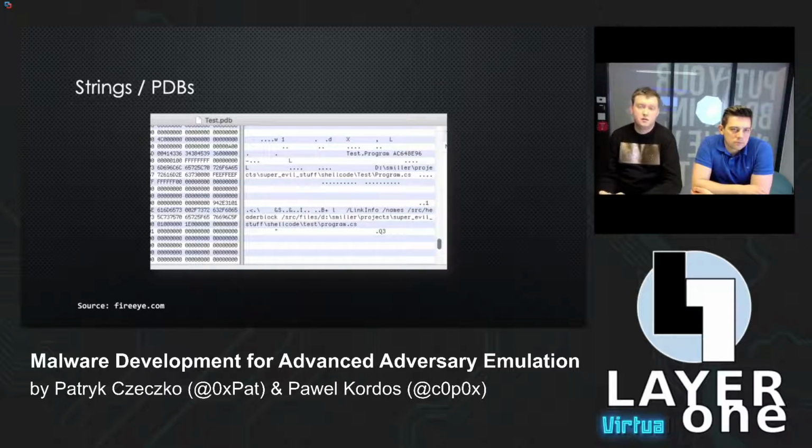Of course, this file is not attached to the executable file which will finally be produced, but in your executable file, you will have a reference to this PDB file in your home directory or in the folder where your project is. So if an analyst or whoever will perform a very simple search through